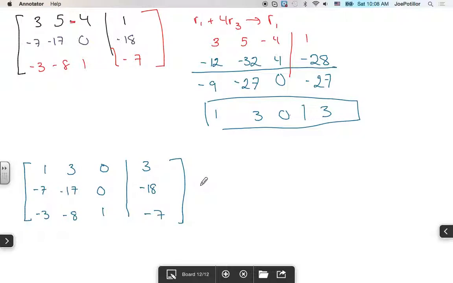So to eliminate the middle row here, what we do is multiply the bottom row by 3, the third row by 3, the first row by 8. So this becomes